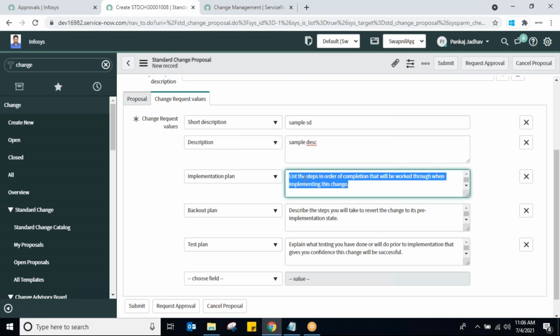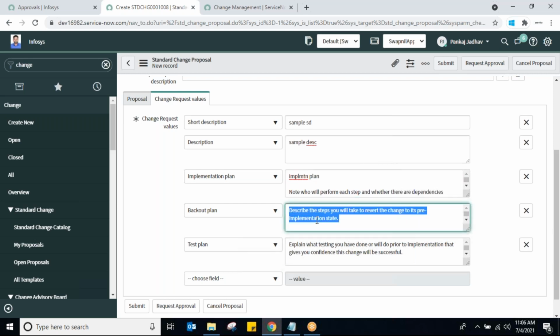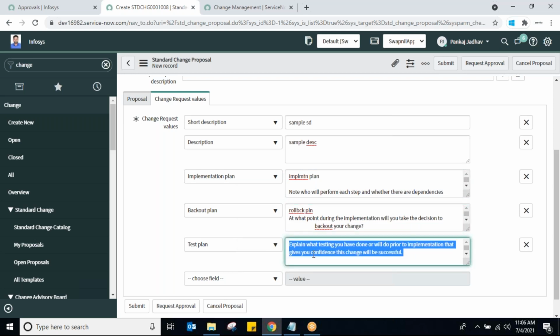All these things we manually filled up while creating that kind of change, a normal change. But this is a standard change which will already contain values. Implementation plan, backout plan, rollback plan, test plan, and then